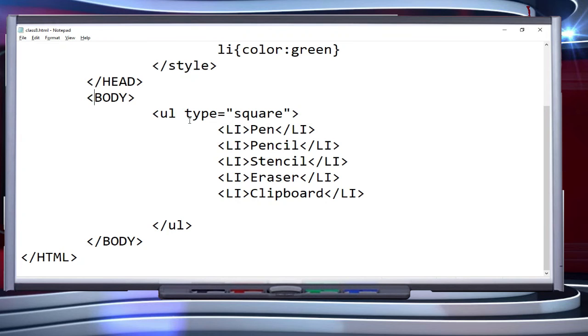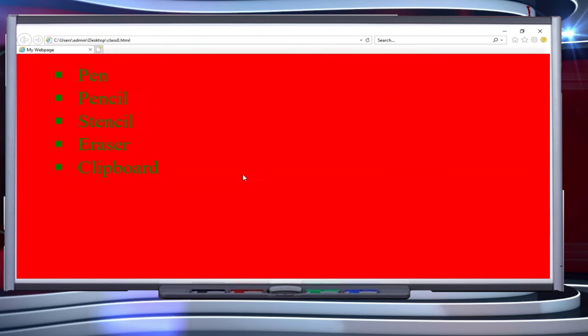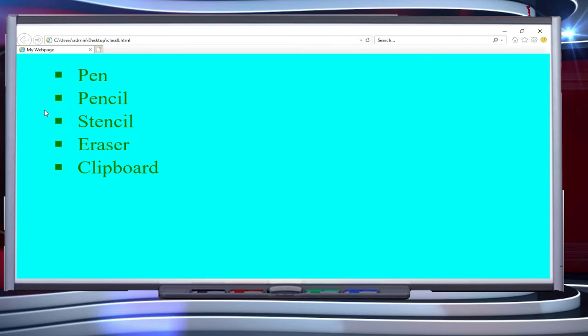I've typed UL type in small characters, and now let's make this background a bit lighter. Let it be cyan. I'm saving it, and then back to my browser, and you can check here, this is in form of a square.